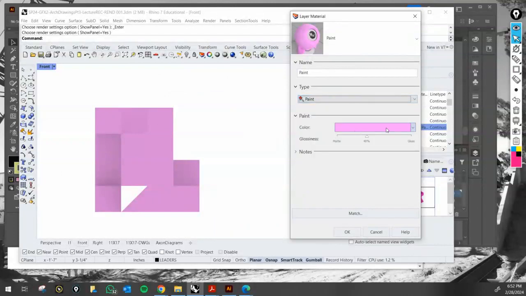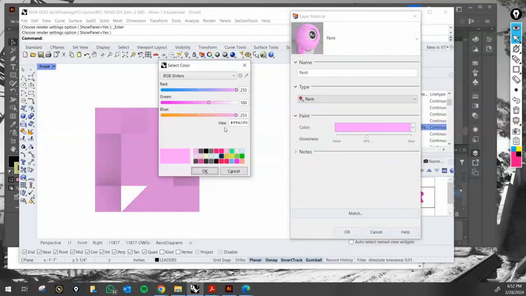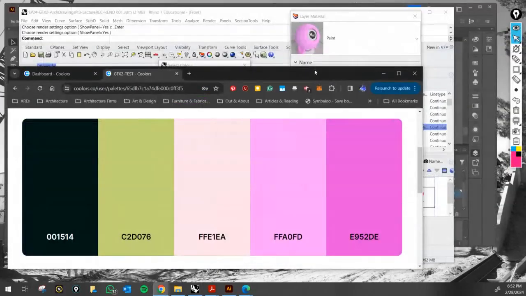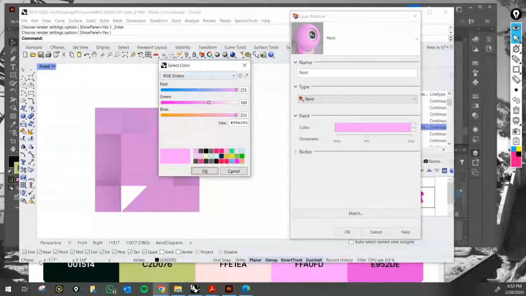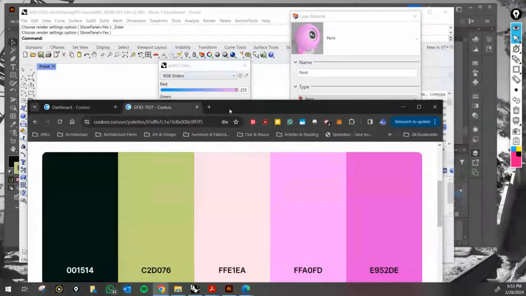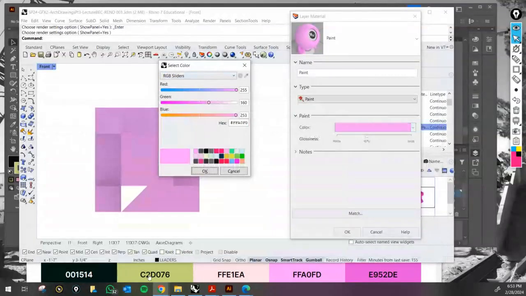So I selected paint, and then notice that for the color, we have our RGB sliders, and you guessed correctly, we can actually use our color palette tones to try to match them. So I think in this case, I did the